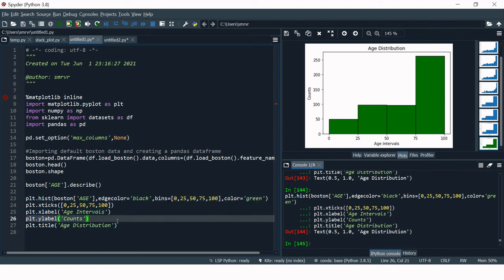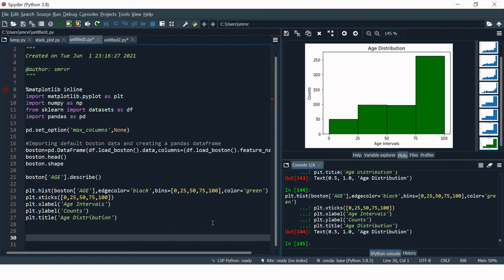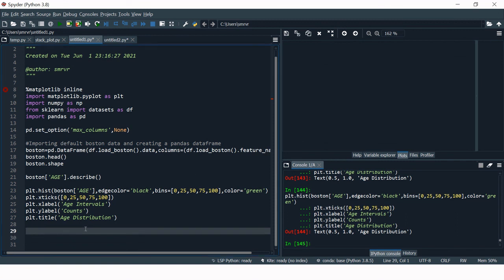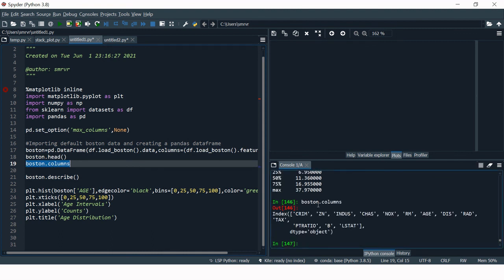Now the most interesting part, which I promised to show at the end of this video. Now the time comes and we're going to see how we can create a separate histogram for each of the variables in the Boston dataset. Before we start, let's delete all of the previously created histograms, and let's see all the variables we have in the entire dataset, all the columns. All right, so these are the columns which we have in the Boston dataset.